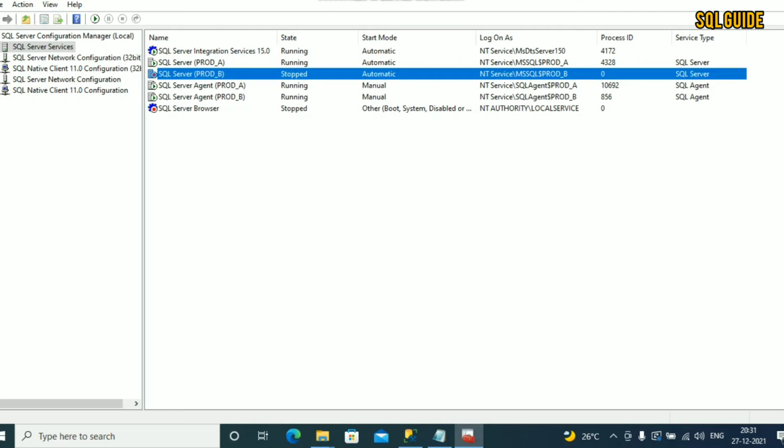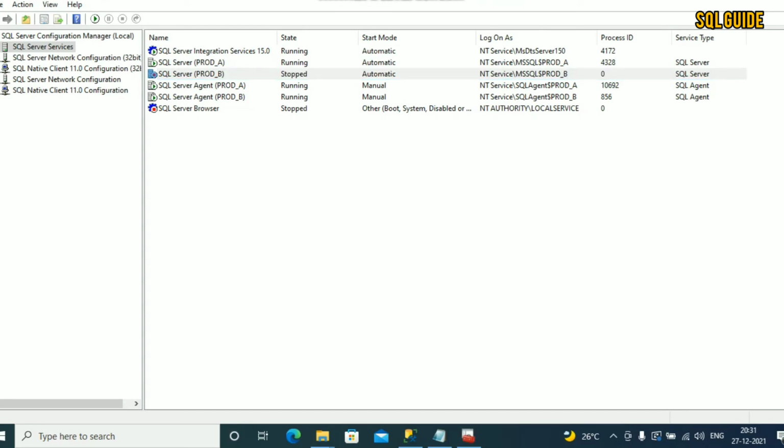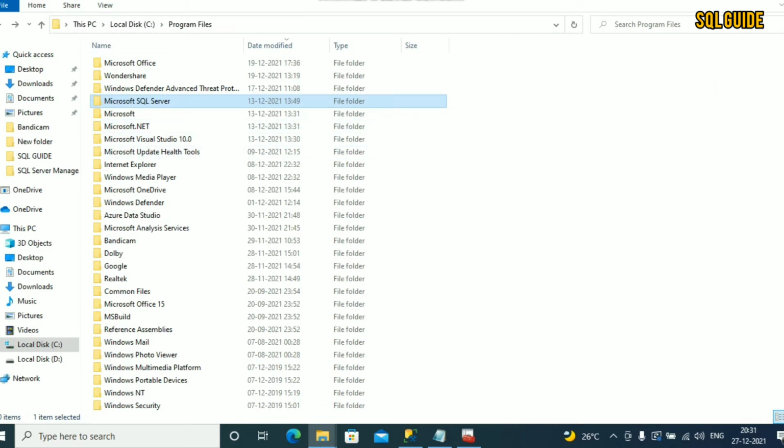Now the next step is to move the master MDF and LDF files to the new location, which is D drive. So go to C drive program files.